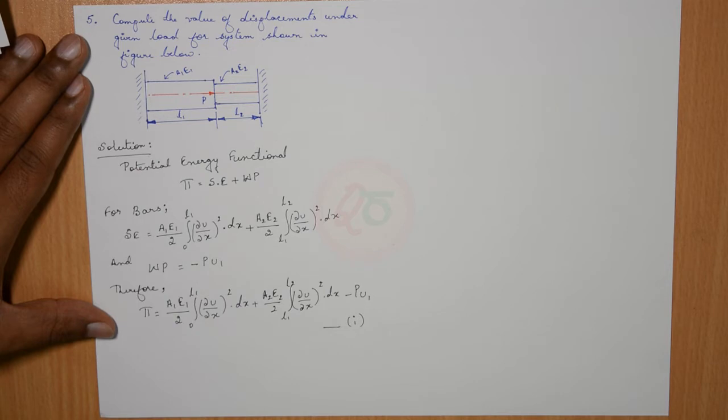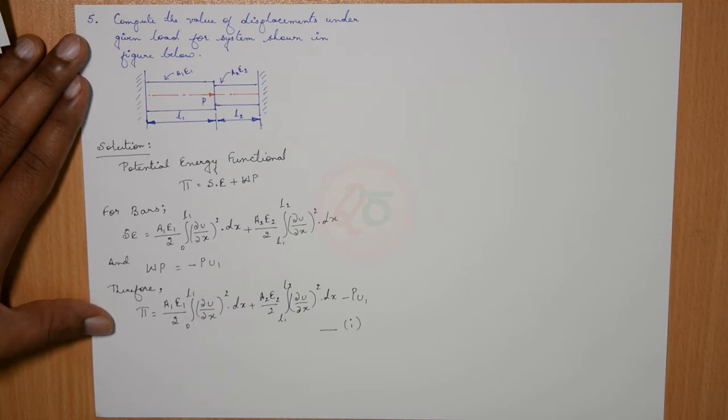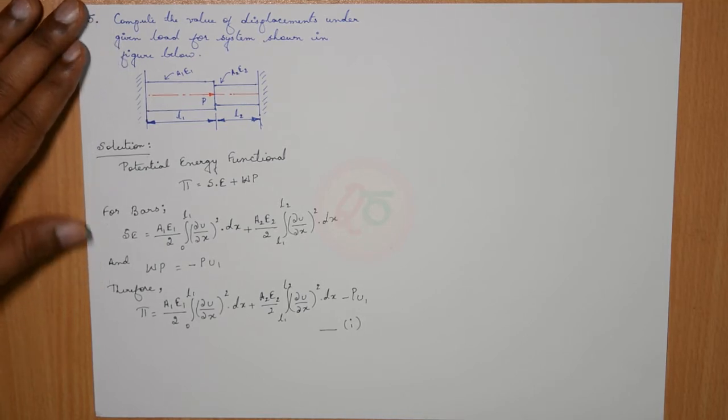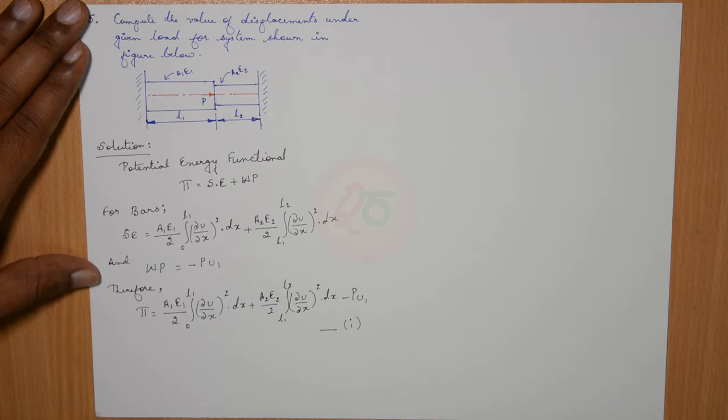The next step is to assume an approximate displacement function, and the question doesn't say anything about the assumption of a polynomial displacement function or a trigonometric, or if it is a polynomial, the first degree or the second degree. So we'll assume, for the simplification of the solution, in order not to complicate the procedure, since there is no numerical values involved, we can go with the polynomial approximation for the first degree or single degree. Okay. So assuming